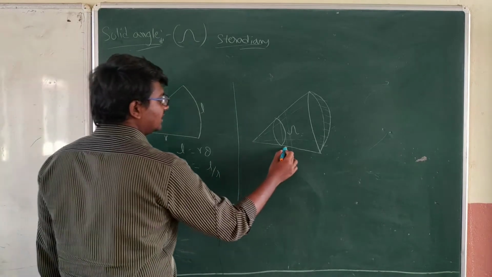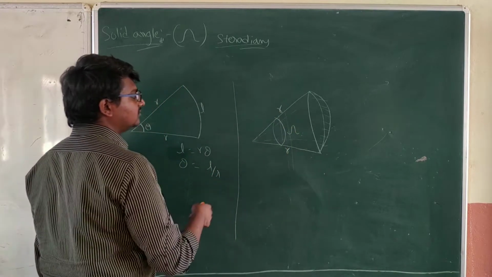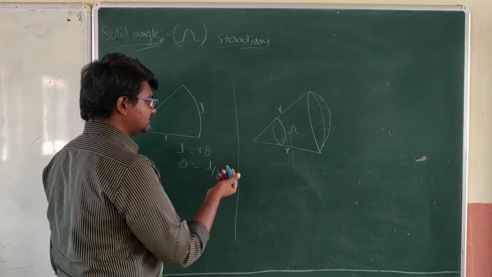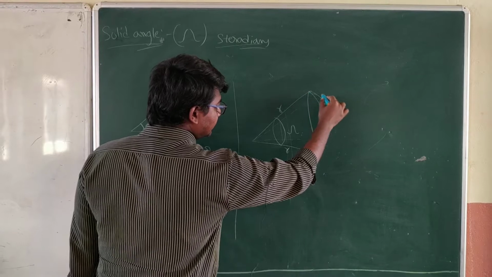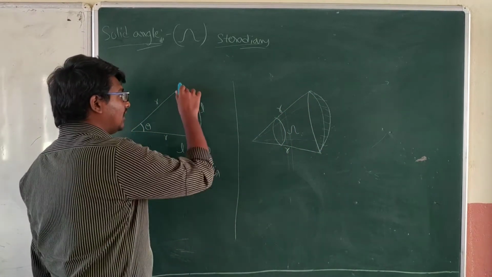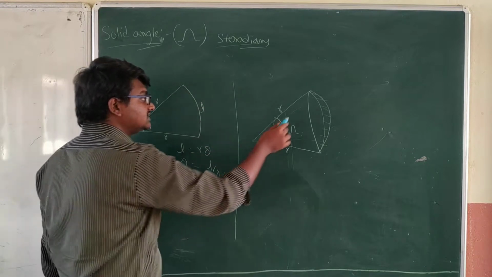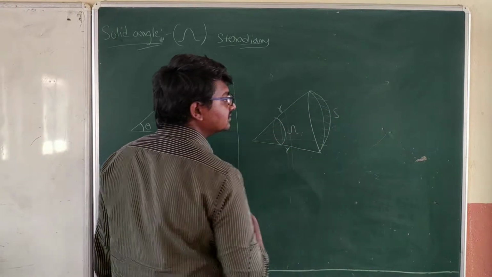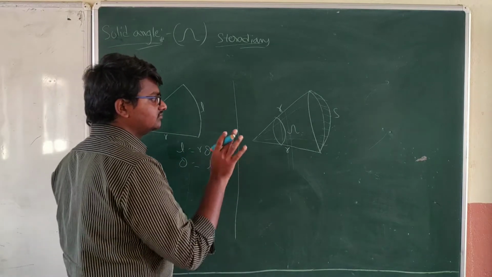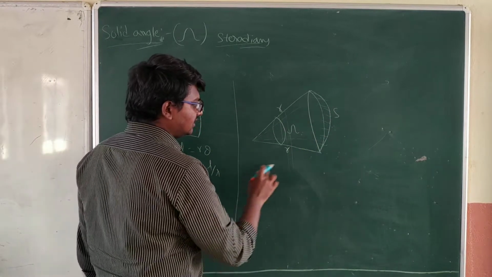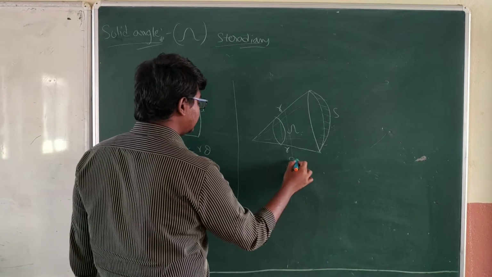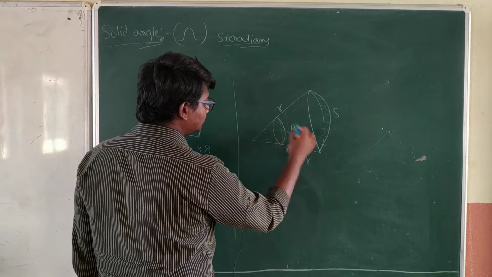In the same manner, here also the radius will be R only. But the relation we are going to give is, this is a surface. Here you can observe a surface, not a line or arc. This is a line, but this is a surface having some surface area. We don't know that exact surface area, let's consider it as S. In the same manner, here L equals R theta, no? Then S is equal to radius into omega.